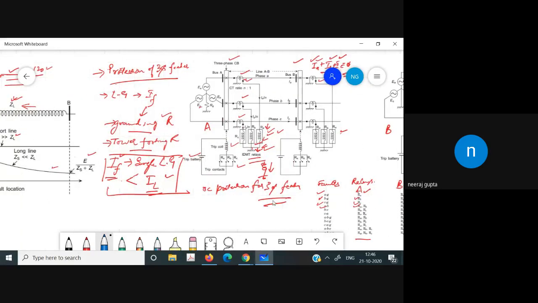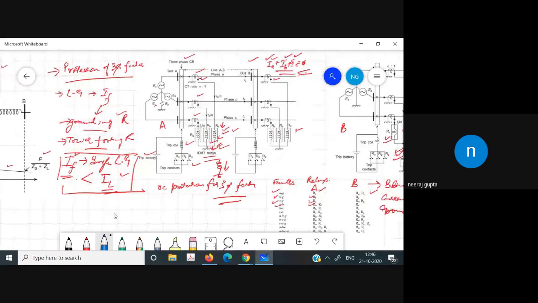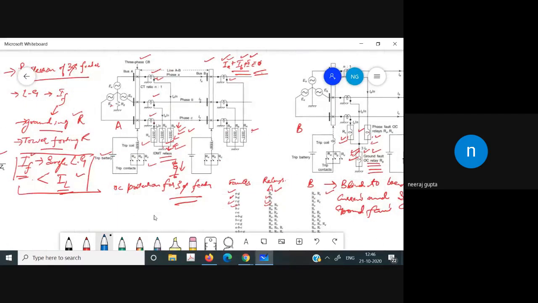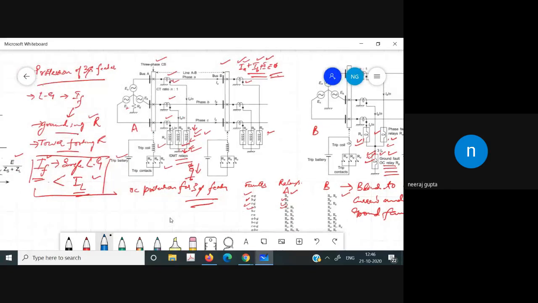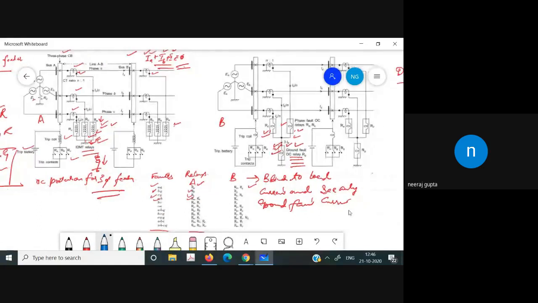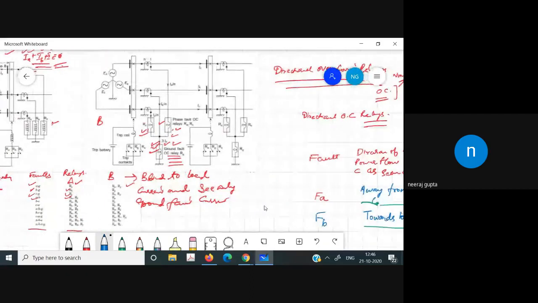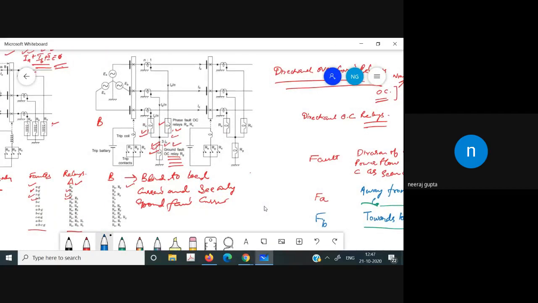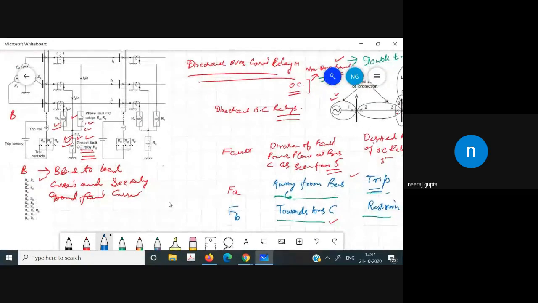In that case, we use the overcurrent relays in all three phases. However, the problem is that the fault current depends upon the ground resistance and tower footing resistance. So sometimes it might happen that the fault current is less than the load current, so it will not serve our purpose. So we modify the scheme and use a ground fault overcurrent relay, so that if the fault current is less than the load current, it will definitely do the work.